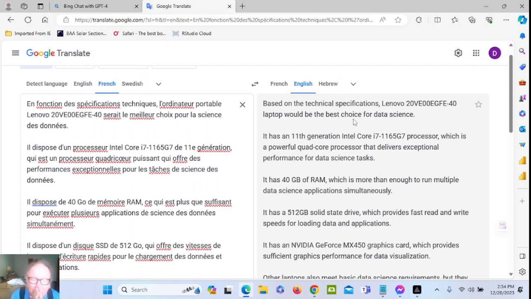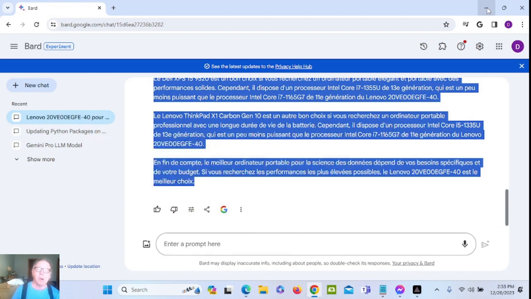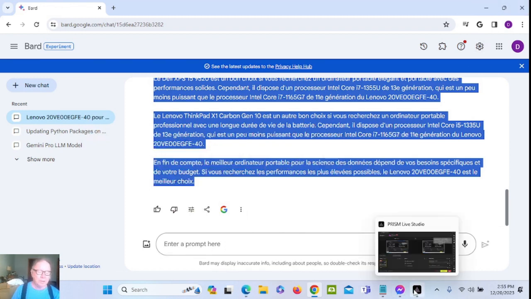Okay, so Bing uses ChatGPT 4, so you'd expect the two to remain the same. Bard uses, well, it uses... alrighty, and there you have it, folks. The tale of